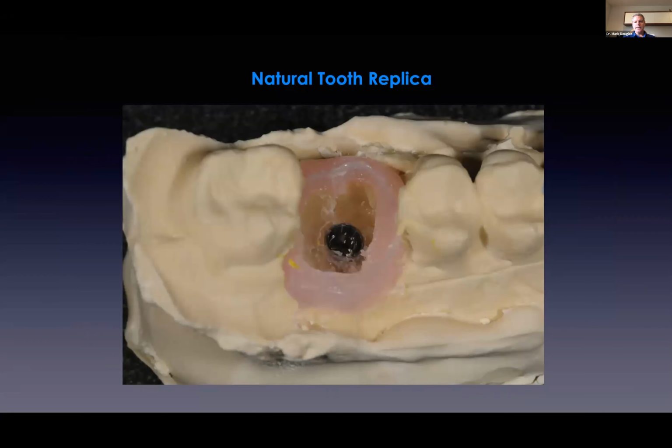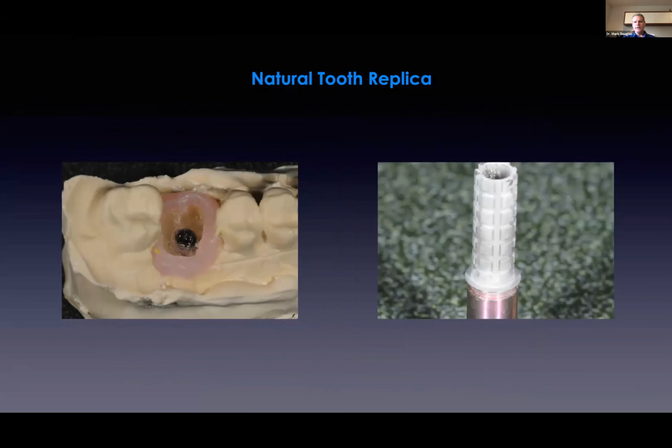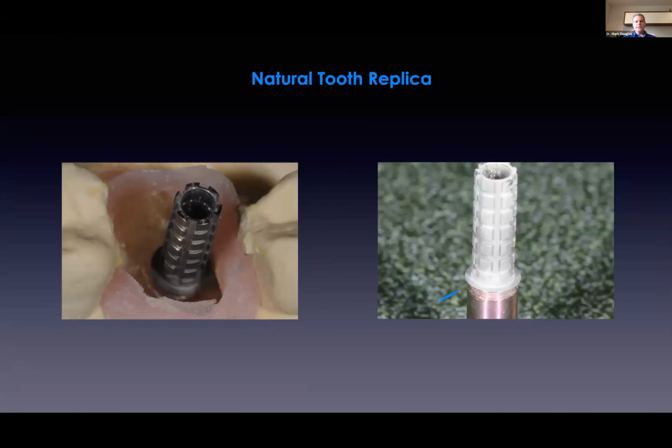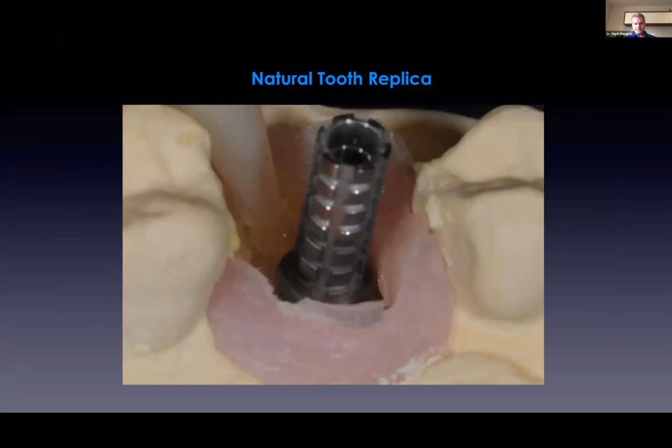There's our implant head and our sandblasted temporary post in place. And what you want to do is you want your wax to come up to this level right here. So right there, you want your wax to come up to that level. And so all this wax here can just be sort of sculpted away, and until that's got to be cleared there. And then you're going to inject your temporary material